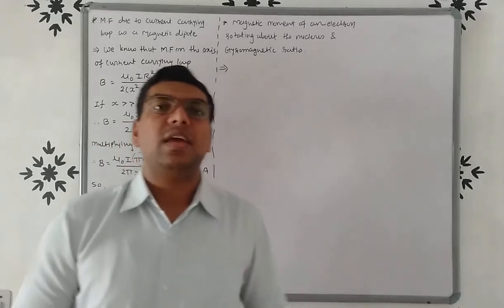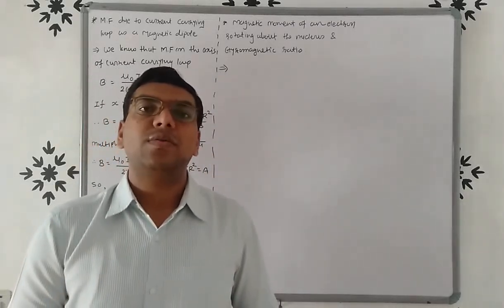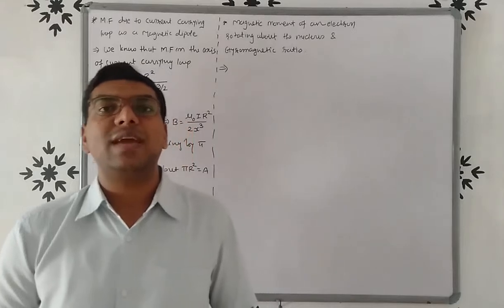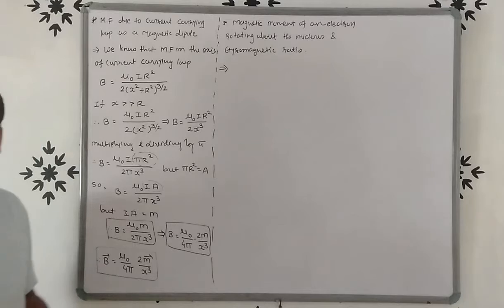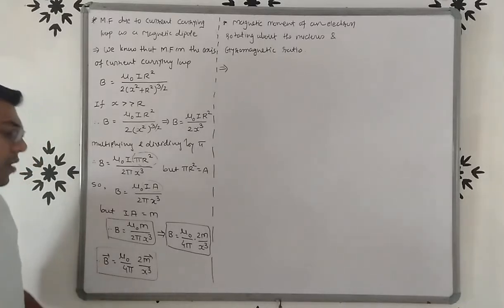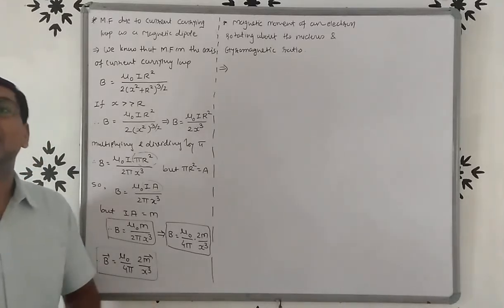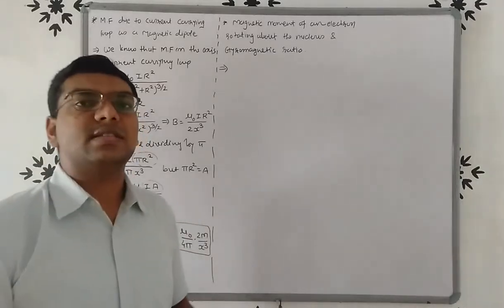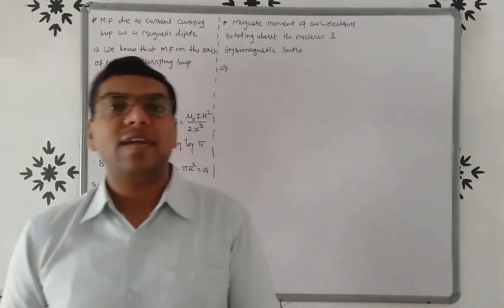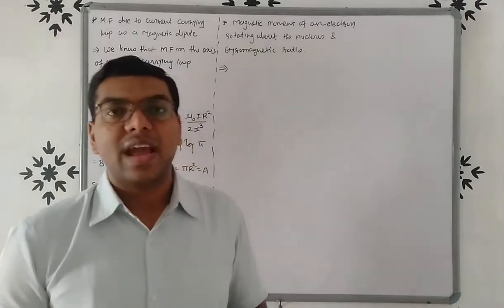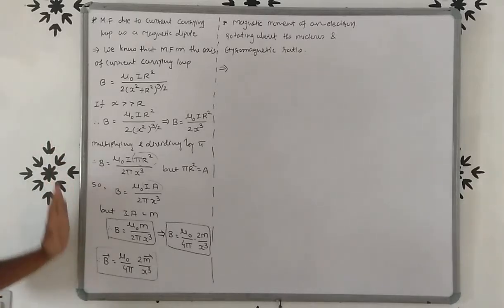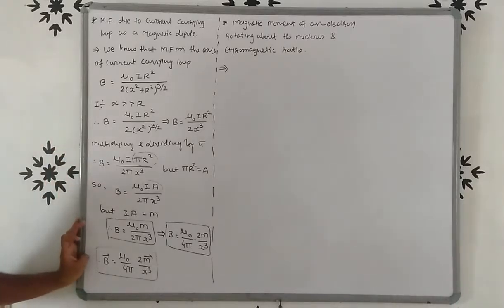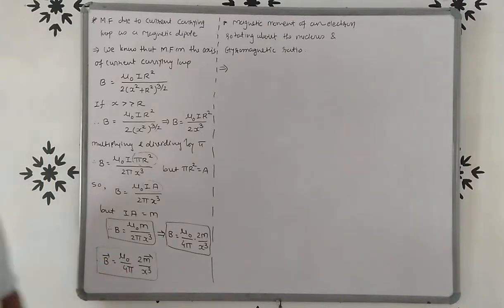And we already discussed the electric field for an electric dipole. E is equal to 2kp upon r cube. So this is the formula of electric field for a dipole, and this is the formula of magnetic field for a magnetic dipole. So these equations are quite similar. In the electric field there is an electric dipole moment, and in the magnetic field there is a magnetic moment, right? So friends, you have to remember this equation of magnetic field for a magnetic dipole. B is equal to mu 0 by 4 pi, 2M upon x cube, right?